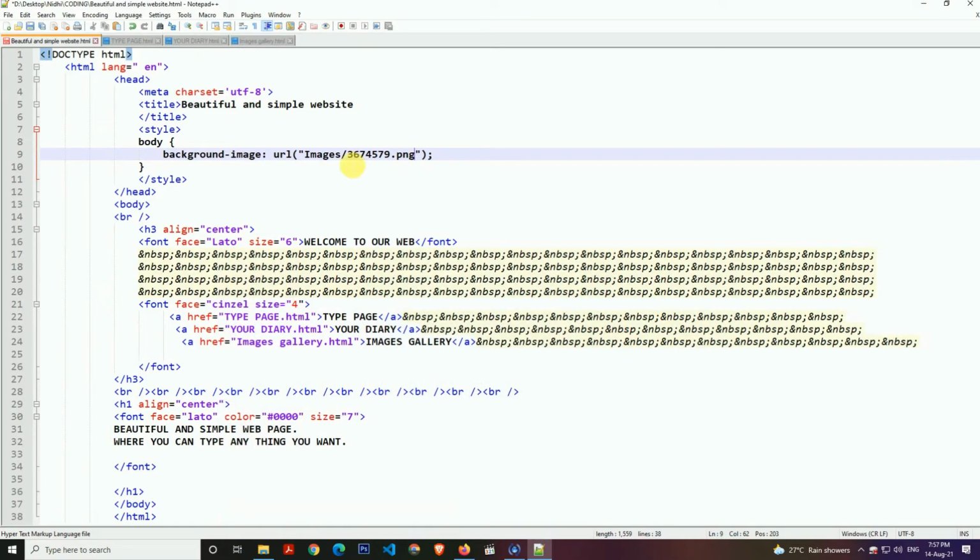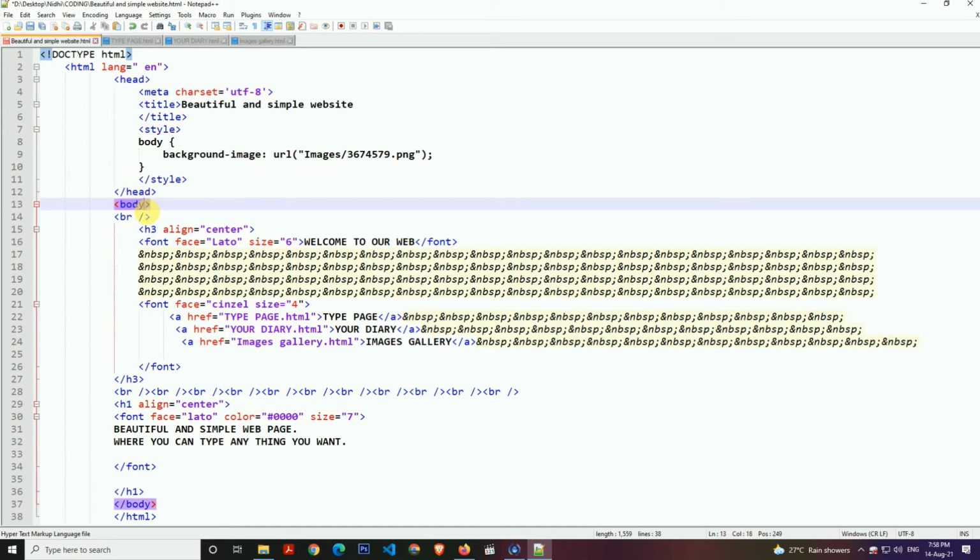Now we have put this PNG, and then first of all, before the style, you need to open the style and put the body, and then put this bracket. These are different brackets, and then one more different bracket in this image URL. You need to put the double quotes also over here, and we have to put this one also because this is the main part of our body. Now we have to end this style too. If we open the style, we have to end it also. And now we end our head tag also.